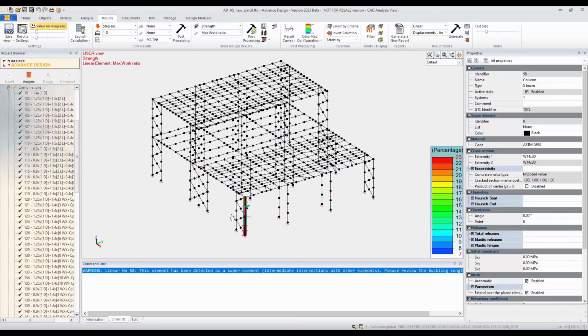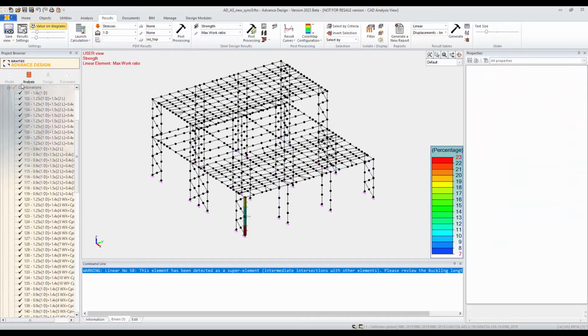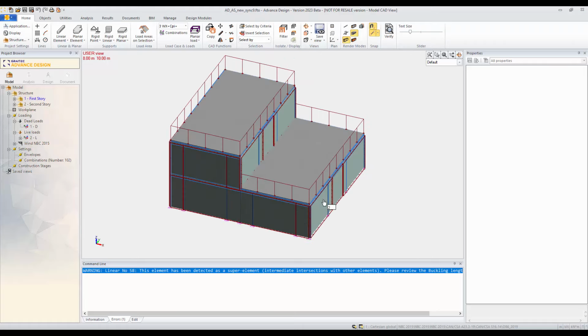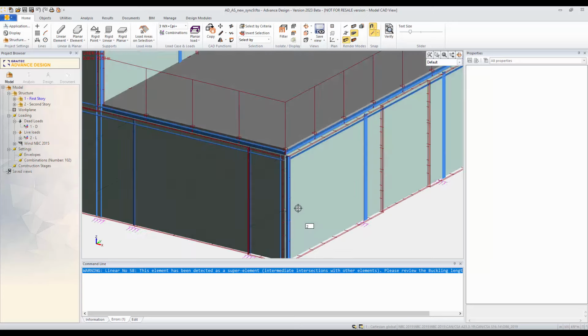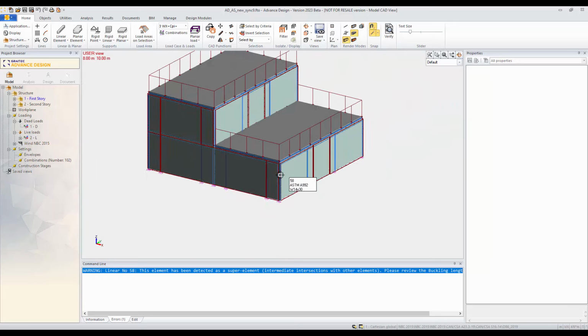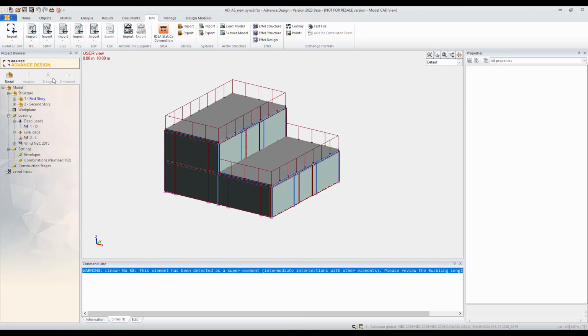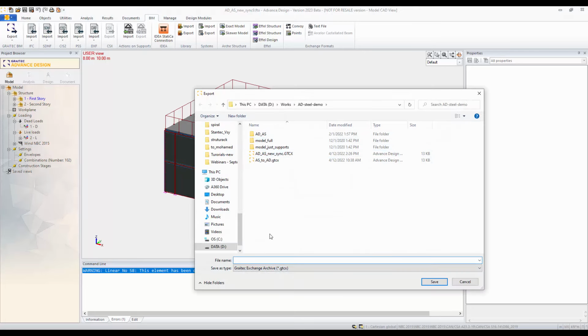So it's actually very simple. What I'm going to do here, I can simply go to my main structure. So here. And now, since we know that Advanced Design already changed that section, now we can go to Beam Link here. And similar to Advanced Steel, here I have the export option. So I'm exporting back my model from Advanced Design to Advanced Steel. So click export. And now in the same folder, I will name my file as